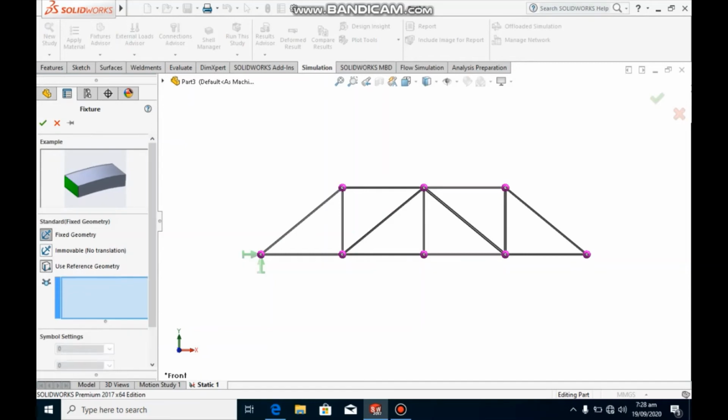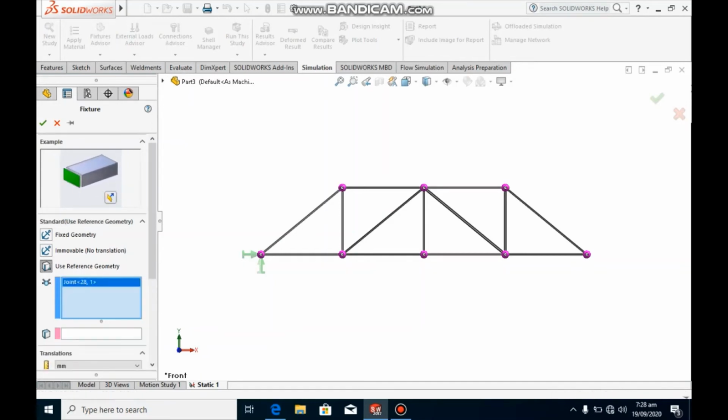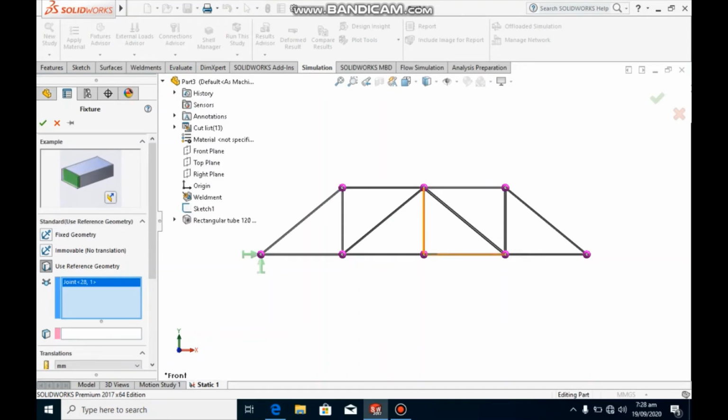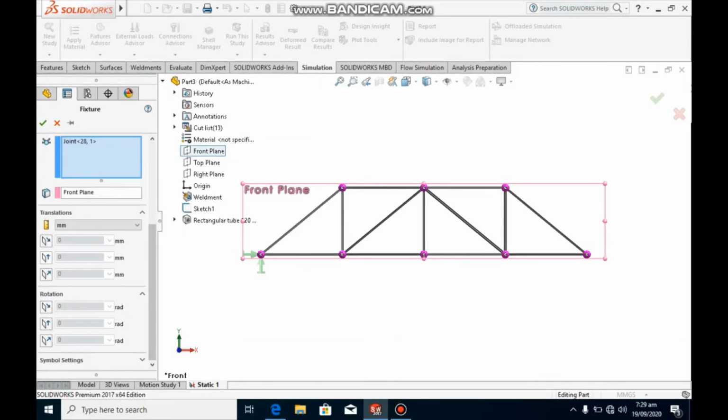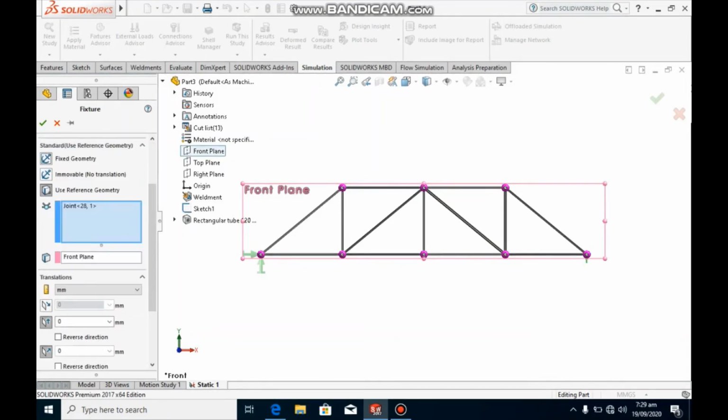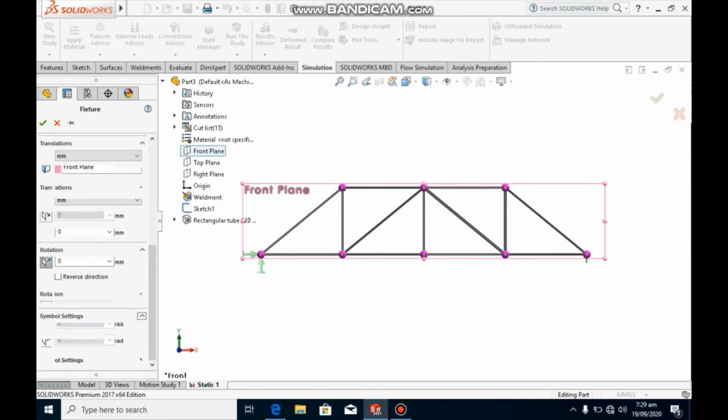Select use reference geometry, select this joint, and choose front plane as the reference plane, and increase symbol up to 200.